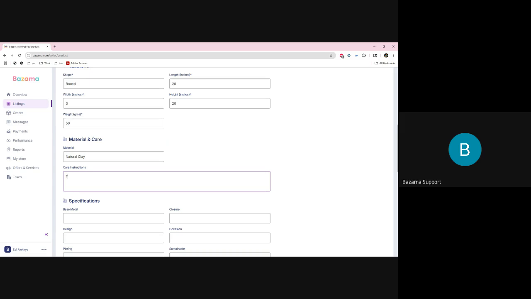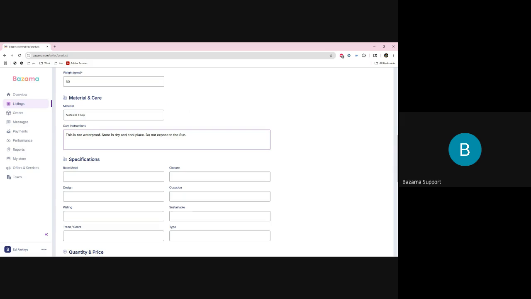Now I would say this is not waterproof, store in a dry and cool place, do not expose to the sun, something like that. So these are the care instructions, and now we are going to move on to the next section,